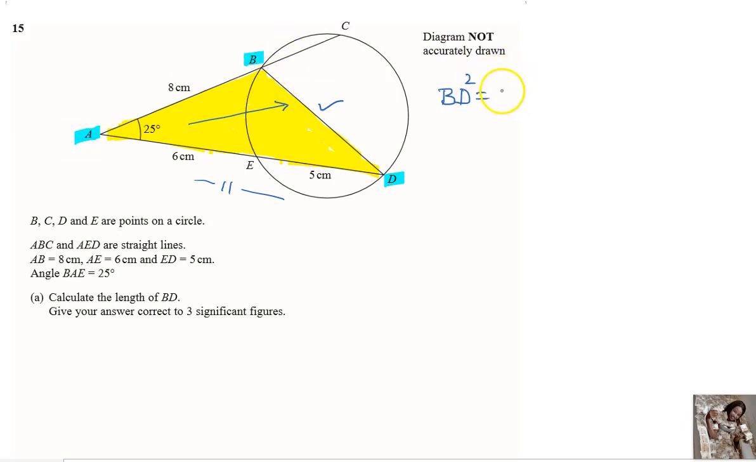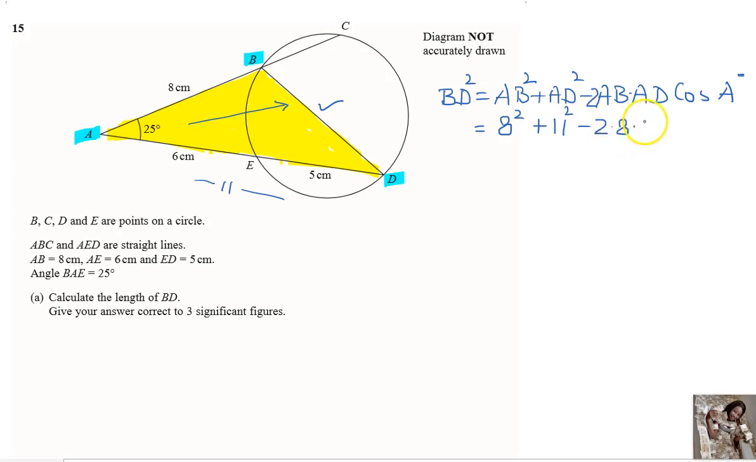The cosine formula: the square of the unknown side, BD square, will be equal to AB square plus AD square minus 2 AB AD cos A. Now BD square is AB, 8 square, plus AD, 11 square, minus 2 times AB, 8, times AD, 11, times cos 25 degrees. So that will be 64 plus 121 minus